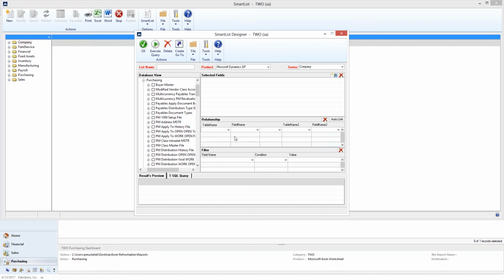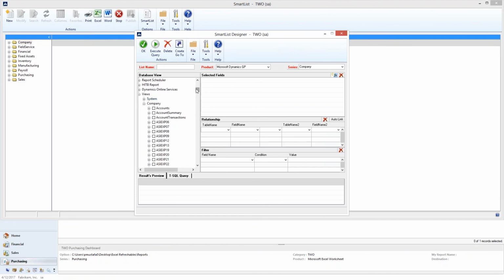However, there are views that are preset that actually take information from different tables, so you don't have to be a programmer to set it up. And those views are actually all the way at the bottom, so you can basically open up the Smart List Designer, come to the bottom where it says Views, click on Company, give it a moment, and it's going to list all the views. Now, some of them have names that are not very descriptive. However, there are some